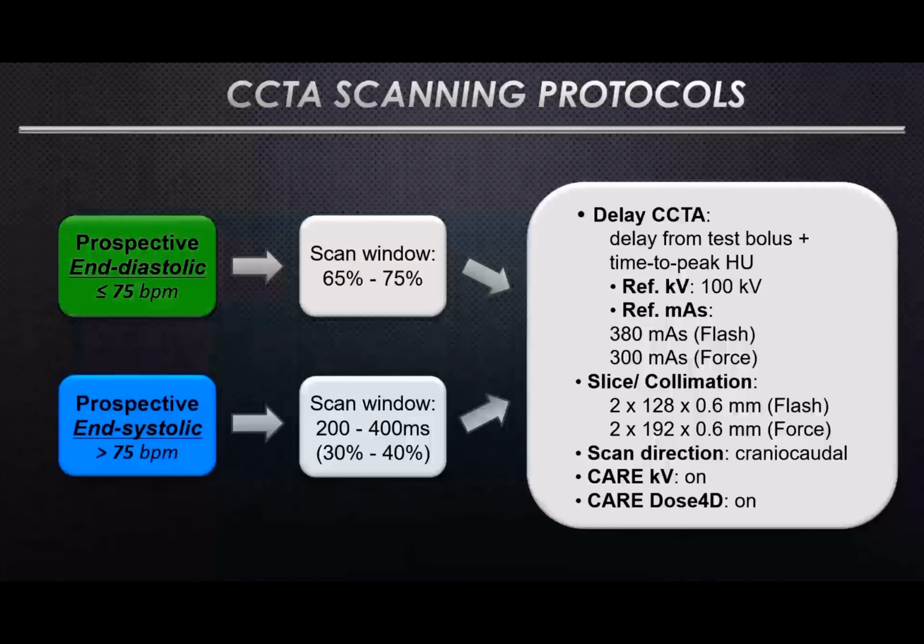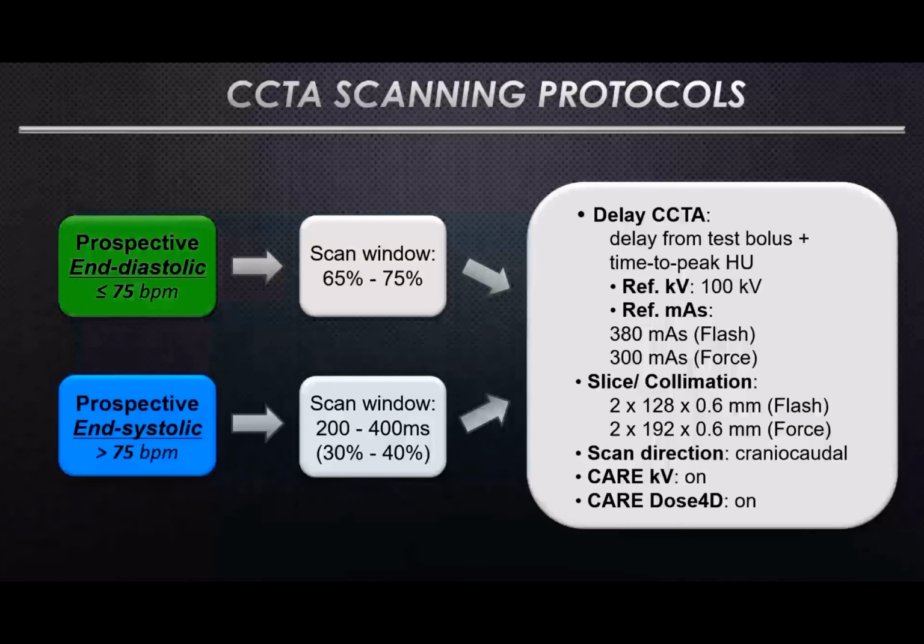So you have a bit lesser dose with this third generation scanner hardware. And the slice collimation also differs in terms of a greater Z-axis coverage with the Force scanner. It's 192 slices actually, and the scan direction will be craniocaudal. For dose reduction or dose modulation you have the CARE kV, which again is the topogram-based kV selection, and you will also have the CARE Dose 4D,